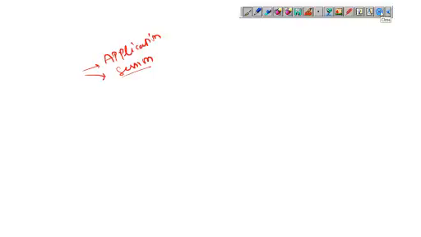Session is for the particular user. Yeah, it is right, Kasturi. Anything else regarding application and session? Okay, I will go into more detail on what an application and session is.